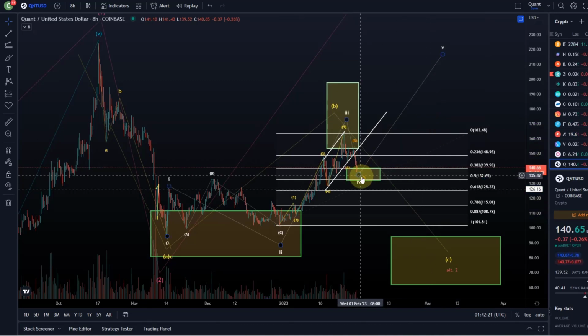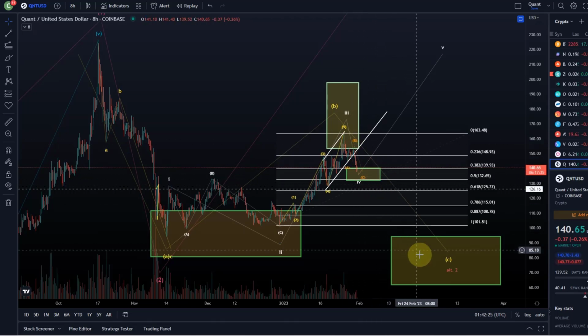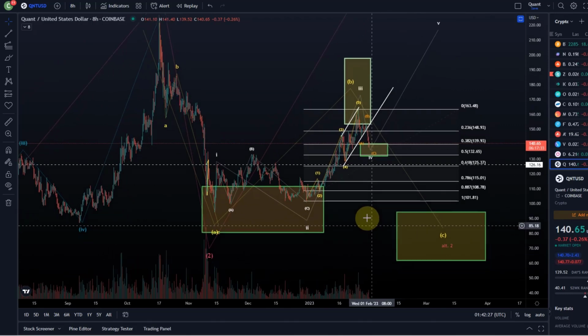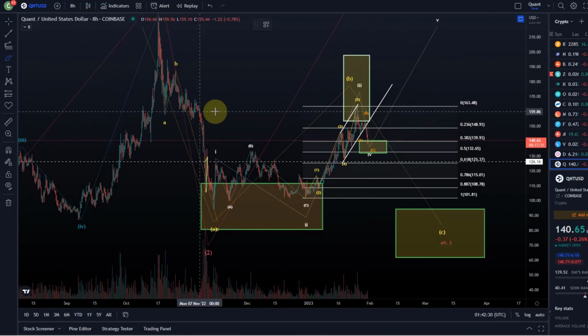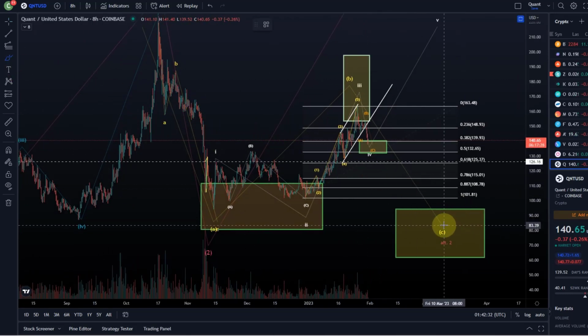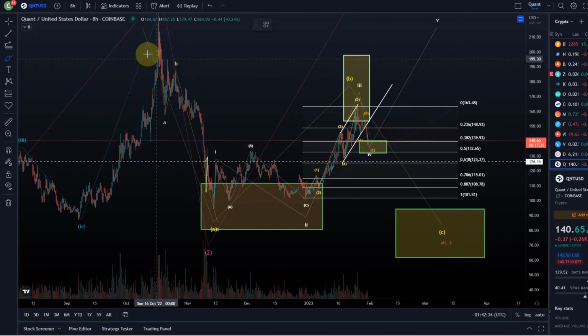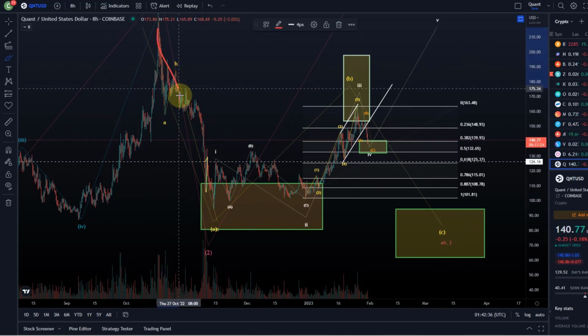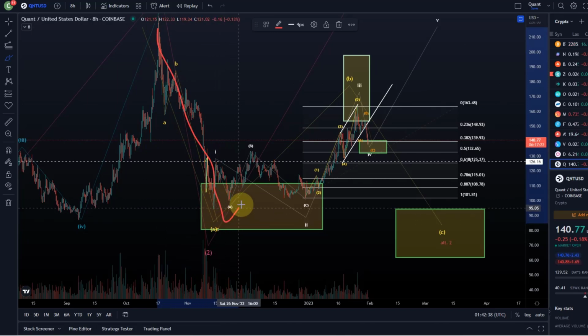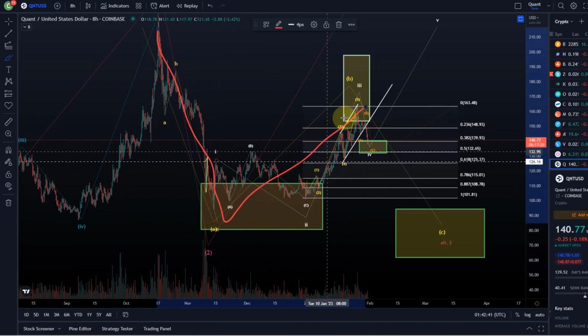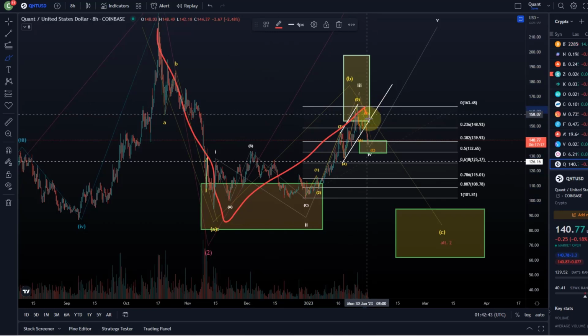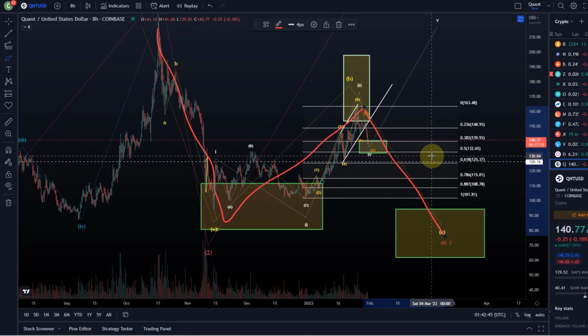However, if we break below that level, then it leaves us with the possibility that we could be in a larger C wave. Remember the scenario, which is still a bullish scenario but short-term bearish, which indicates that we came down off the high in an A wave. This here is just a B wave, ABC, and we're now coming down impulsively in a C wave. Now, that will gain much more in probability as soon as we drop below the 50% FIB retracement at $132.